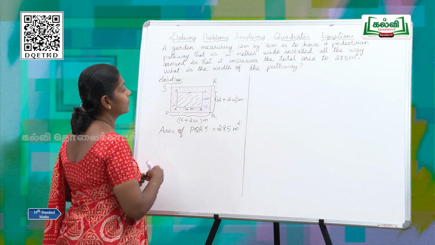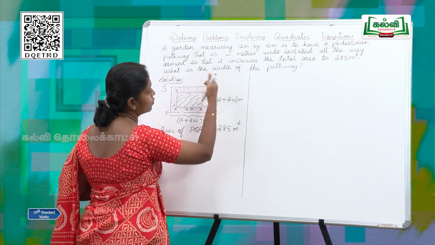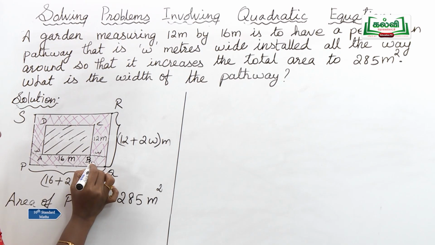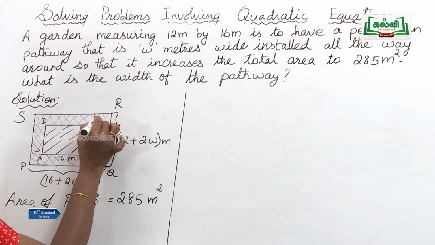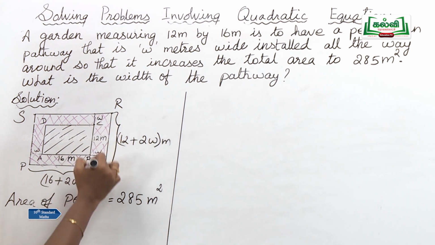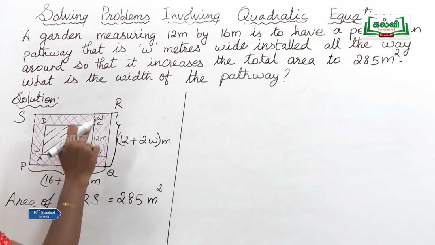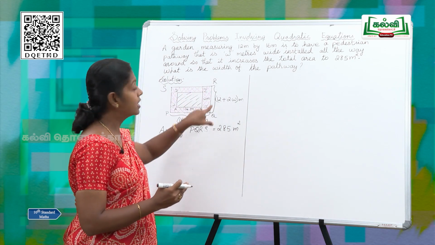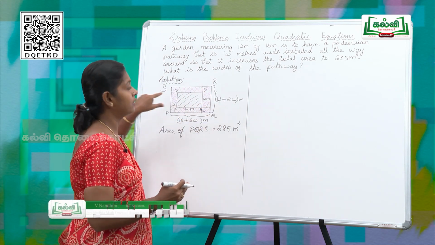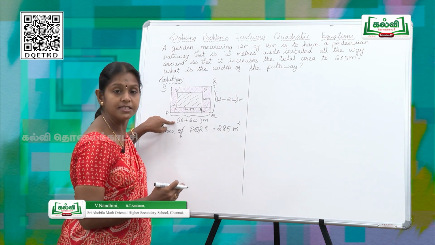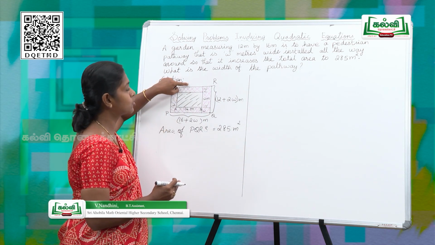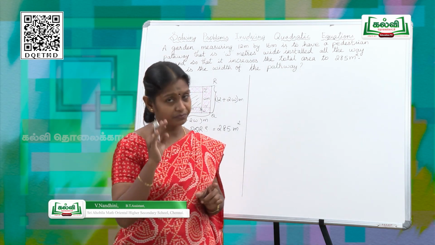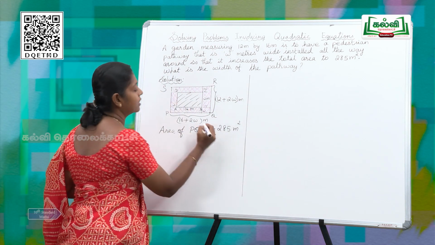The same way we have to find the side of QR also. Already there is 12 meters and this width will be omega and the other width will be another omega. So, when you add all, you will get 12 plus 2 omega meters. That is the dimension of QR. If this is 12 plus 2 omega, then this is also the same, and this is 16 plus 2 omega. This is also 16 plus 2 omega. Now we know all the dimensions of the figure. Now we have to find the area of the